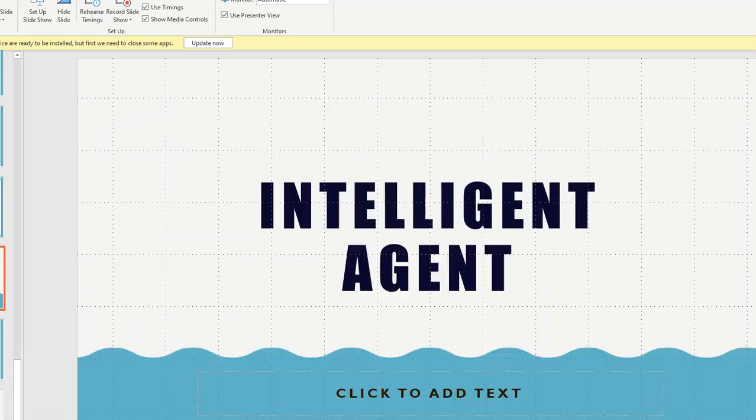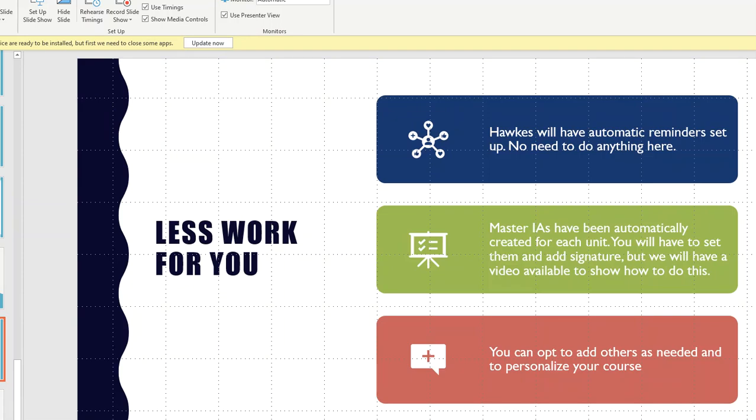The other change that you'll see within the course will be the use of intelligent agents. They are actually going to be programmed in the course, so less work for you in setting all of those up. Hawks has automatic reminders that are set. Joseph and I are both on a track, and I'm not sure if they're going out to all the tracks or not. I think they are. Right now Hawks is sending automatic reminders to our students, letting them know when assignments are coming up and when assignments are past due. Those are going to continue from Hawks, and then we have master intelligent agents that are going to be